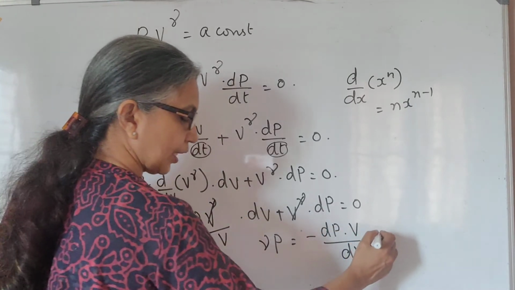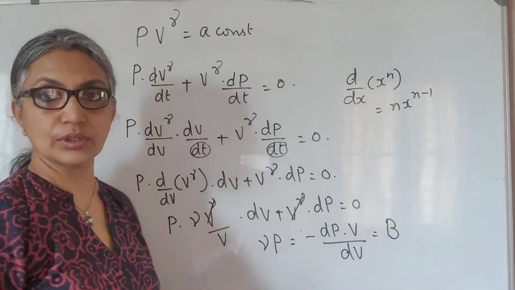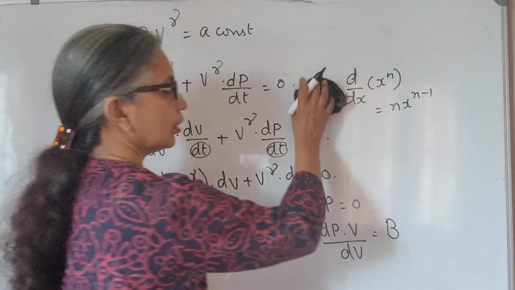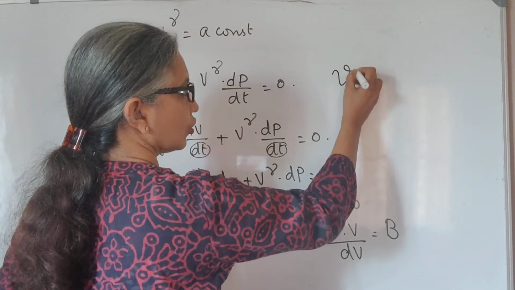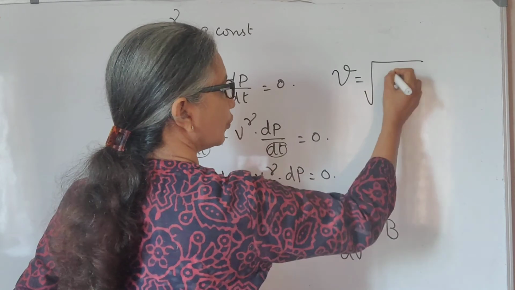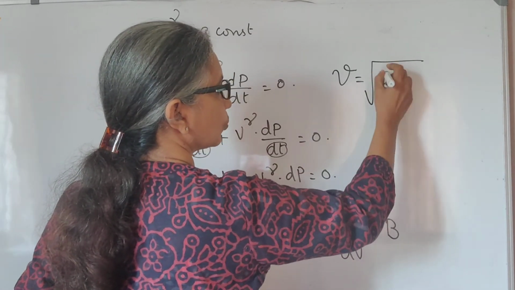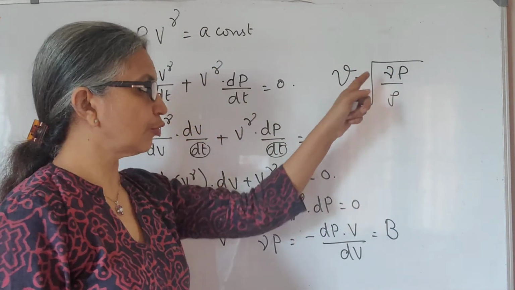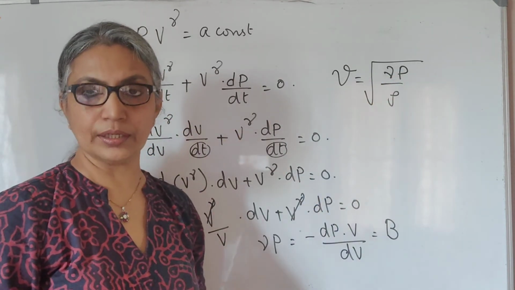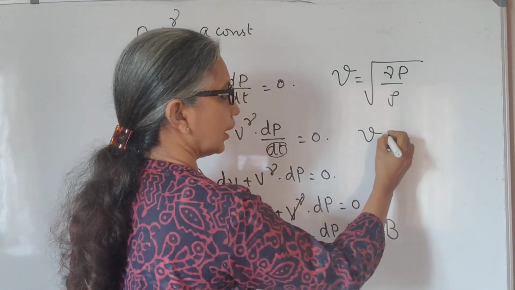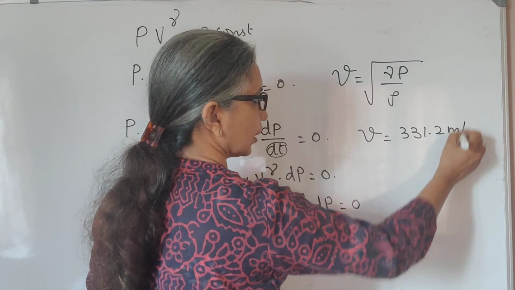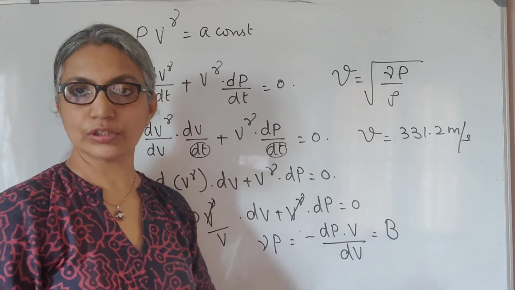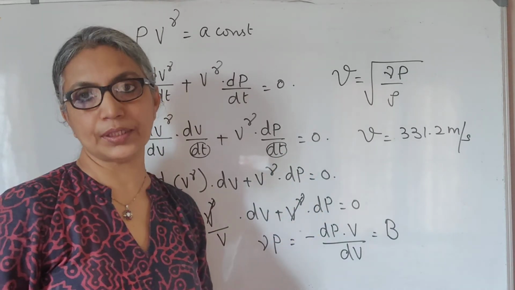So you know this is what we have as bulk modulus. So here, according to the Laplace correction, the bulk modulus has to be replaced with gamma P. So he brought out the new formula for the velocity of a longitudinal wave as root of B by rho, but B is replaced with gamma P. After substituting the values at standard temperature and pressure for gamma, pressure and the density of air, he got the velocity of sound in air as 331.2 meter per second, which is very close to the experimental value, and therefore we now accept this Laplace correction: velocity of a longitudinal wave as root of gamma P by rho.